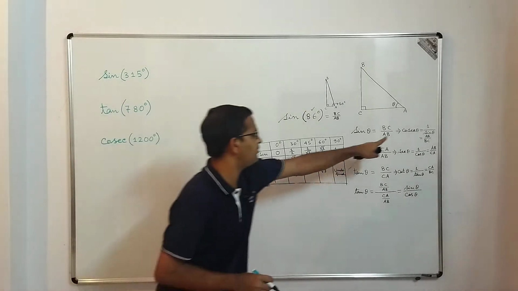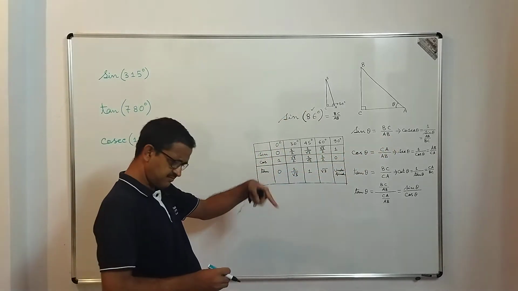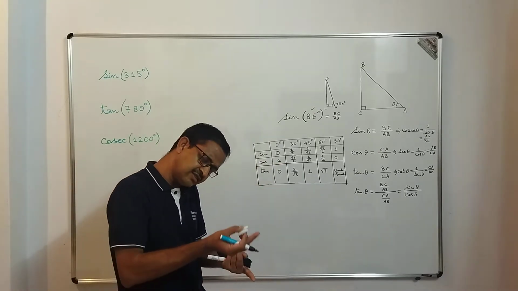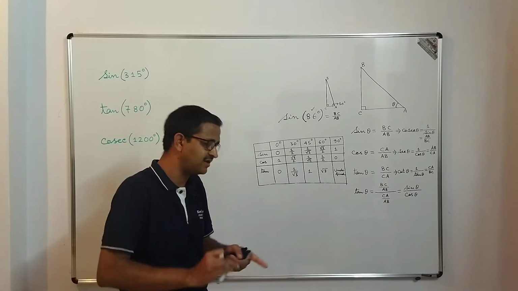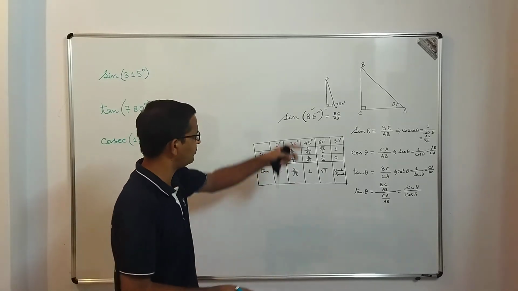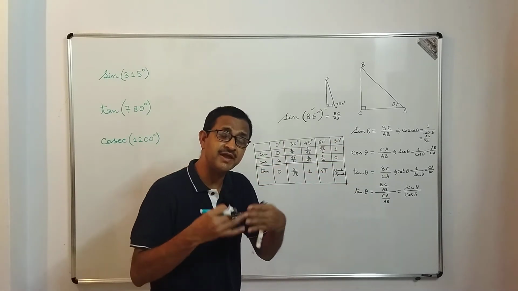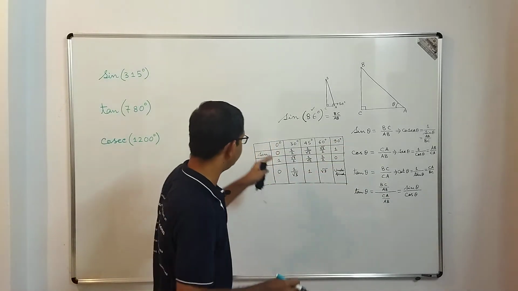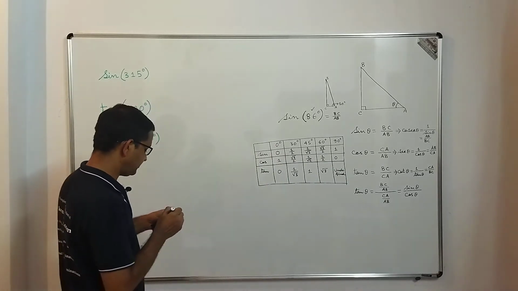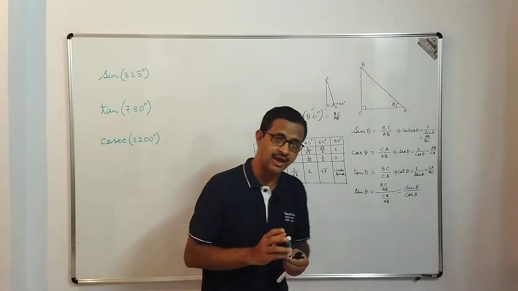Now how to find the value of cosec? No issue, just take the reciprocal of sine. What is the value of cosec 30? It is the reciprocal of sine 30, that means 1 by sine 30. What is sine 30? 1 by 2. So 1 divided by 1 by 2 is 2. In that way you can find the values of any trigonometric ratio of these angles if you just remember one. But the point is not that. I just gave you the background which you are already aware of.